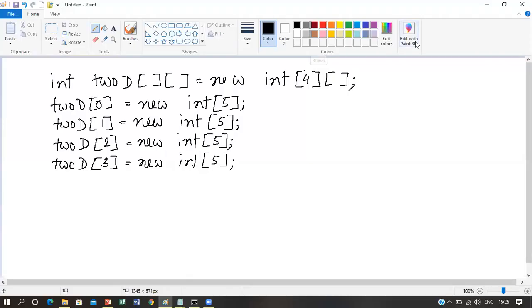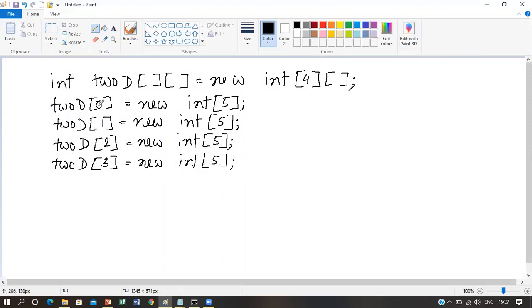This is how you can allocate the same 2D array by first giving only the row size. Here in this statement we have mentioned only the leftmost dimension, which is the row dimension, and we have kept the column dimension blank, and then we have allocated the column manually here.